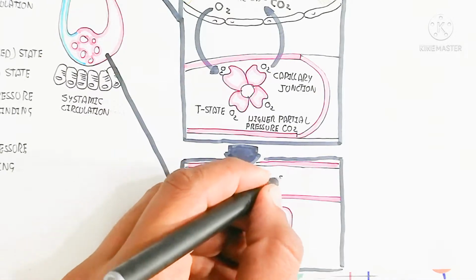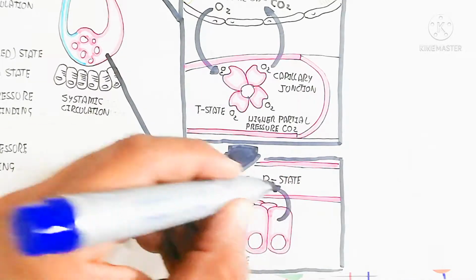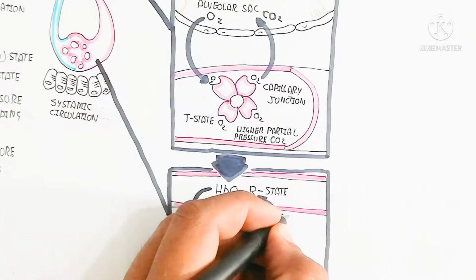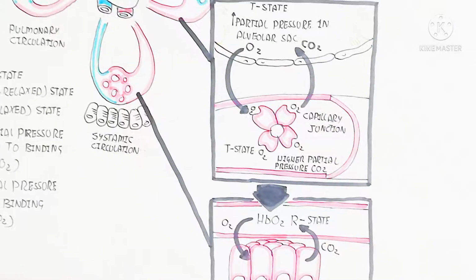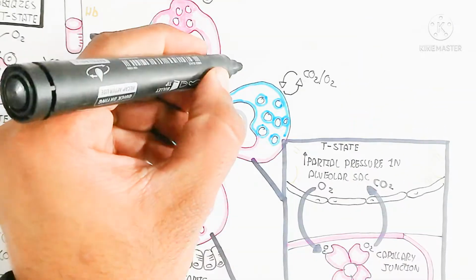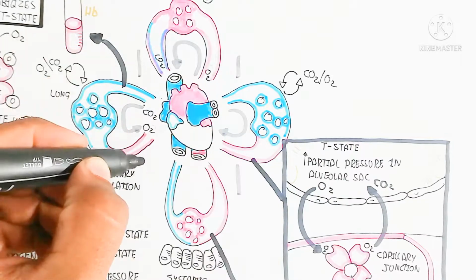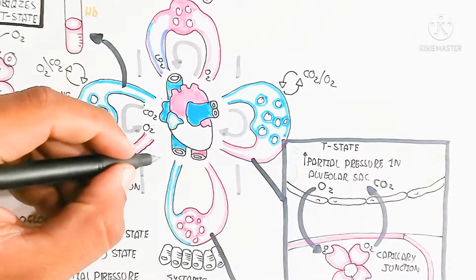So in this way here I am drawing the systemic circulation, and during tissue oxygenation, the Krebs cycle and electron transport chain in the tissue produce energy. So here is the R state, and the oxyhemoglobin will dissociate, the oxygen will be released because the affinity will be decreased, and